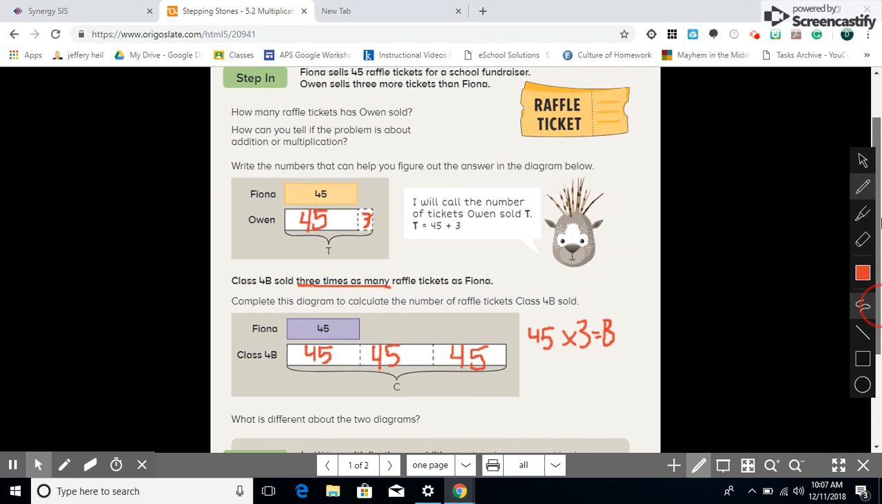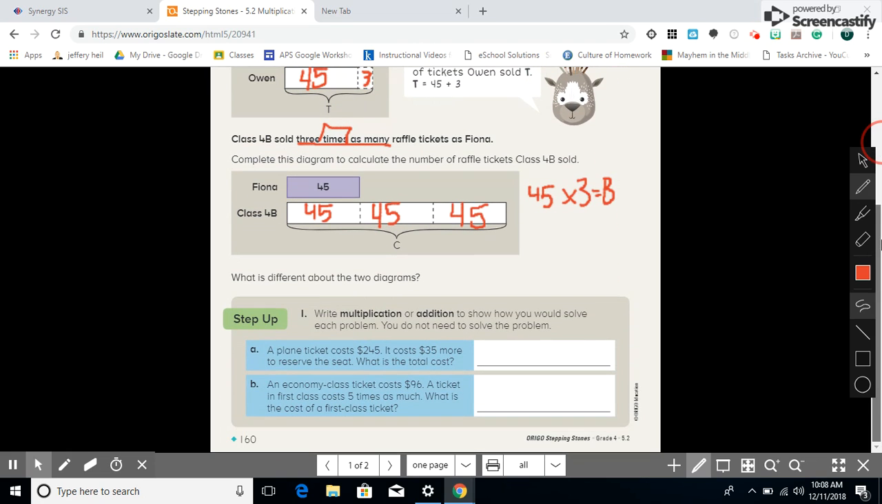This says, what is different about the 2 diagrams? I would say I noticed that each of these groupings is the same as this first one. So I know it's 3 times as many as this first one. Whereas here we have one that's the same and then one that is much smaller. So I know that it's not going to be multiplication. I also know this says Owen sells 3 more tickets, and this problem says 3 times as many. So this word more is going to signal you most of the time to add, and times is going to